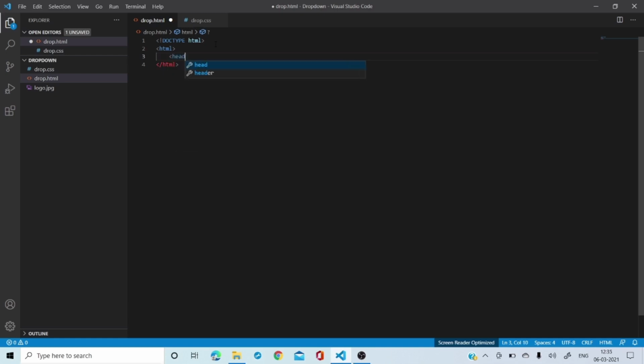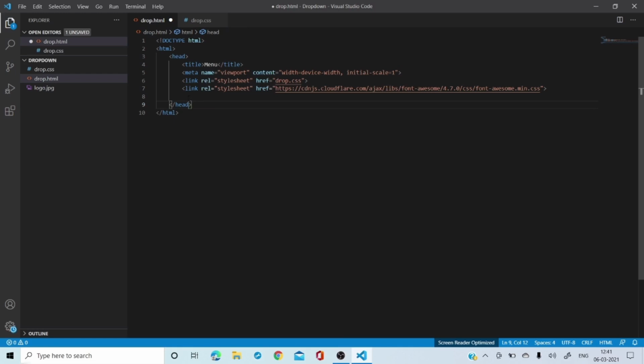Then we have the head part, which is all over like this. Then I have the title, and maybe I'll put the title as menu, because I'm going to create different menus and accordingly it's going to work. Okay, so I hope all these things are clear to you. It's like the heading, the title, the meta name, the style sheet, and this is where I have taken some fonts. I'll let you know why I have taken this and where exactly we are going to use it. Now, the most important part is going to start from here.